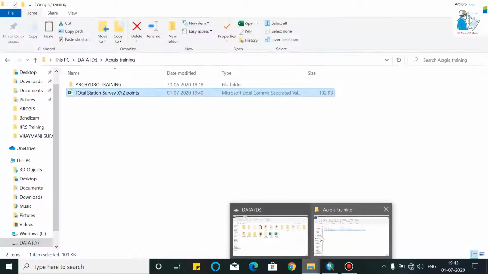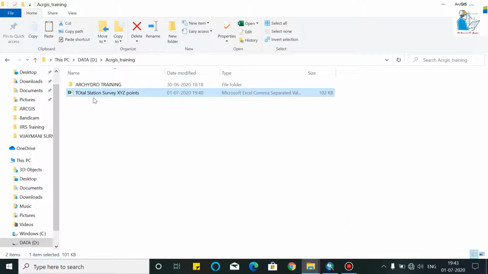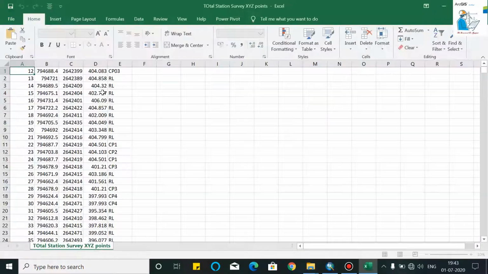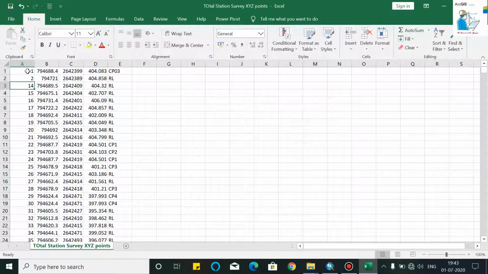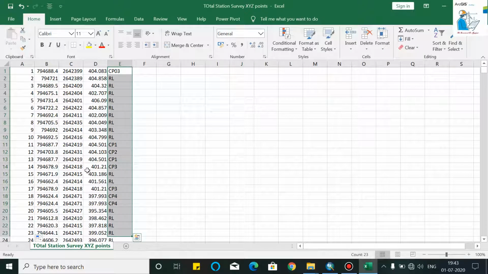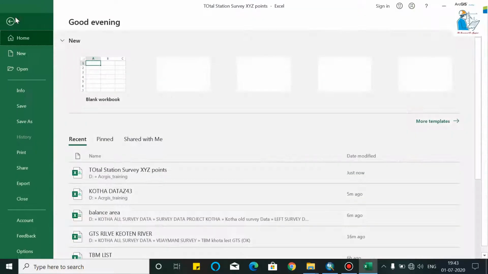then open the Excel sheet. These are the serial number IDs, and this is the X, Y, and this is the elevation, and this is the remark. Okay, and you must save your file